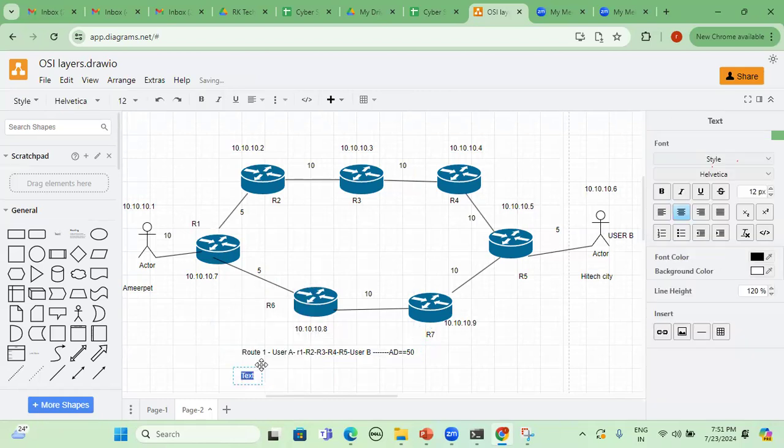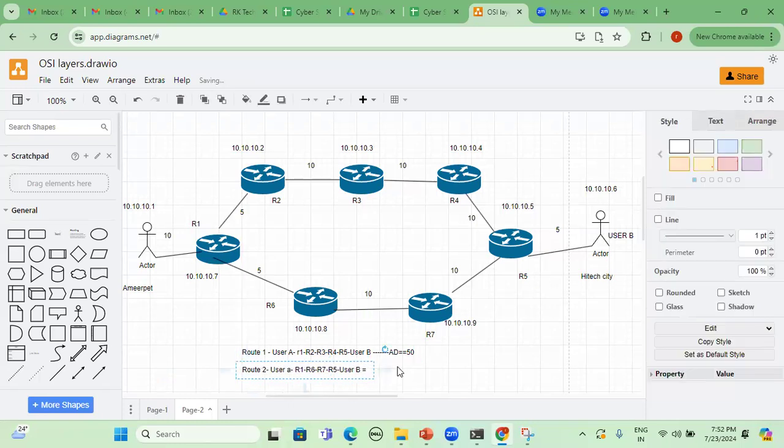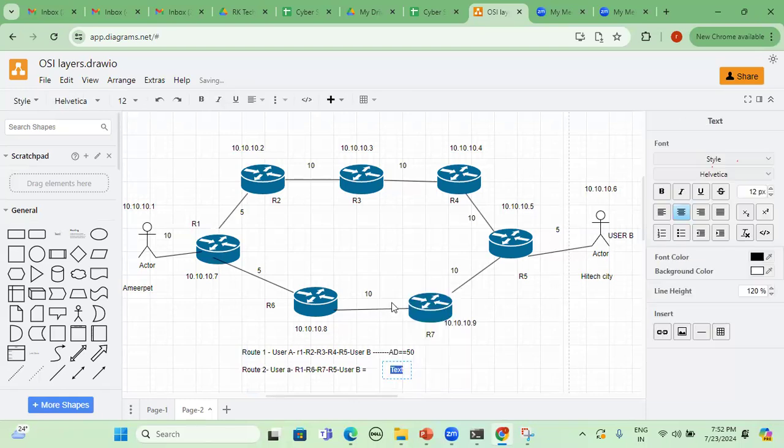Next one, route 2: user A, router 1 or R1, R6, R7, R5, and also user B. So how much? 40. Now based on the administrative distance in between these, which one? Shortest path in routing, it will choose route 2. Yeah, route 2 it will choose.